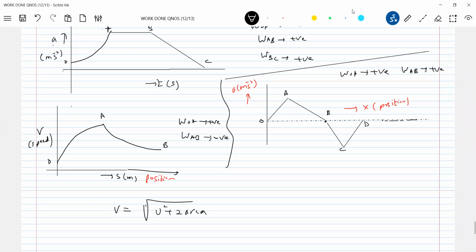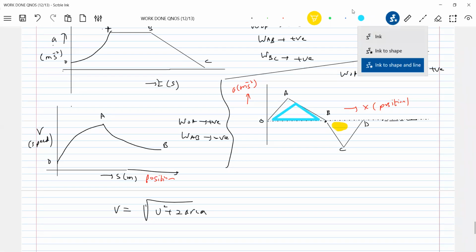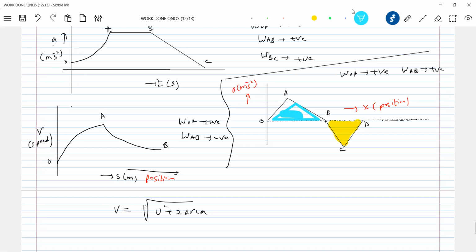Look at these two areas. Are they having any role? This one, the blue color triangle you see, OAB, and next this yellow color one. Now what will these areas indicate? This will be positive, no? Here what happened to BC? For BC, speed we have to put negative, so the speed starts decreasing, no?